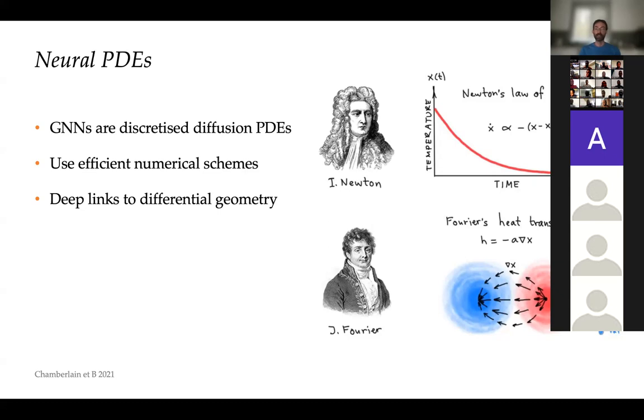So if you think of a diffusion equation that contains the Laplacian operator, right, as I showed when we talked about manifolds, there are many ways you can discretize this Laplacian. And this is a kind of intuition that we are trying to pursue. There are many interesting deep links to differential geometry. In differential geometry, people like diffusion equations. So some classical result, for example, is what is called the Ricci flow, which is a diffusion equation on the Riemannian metric on the manifold. And if you're familiar with the Poincaré conjecture, this kind of instrument was used to prove the Poincaré conjecture. So that was the groundbreaking result of Grigori Perelman.